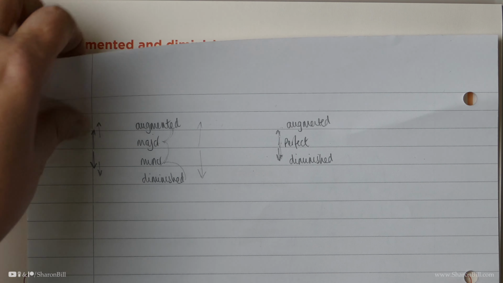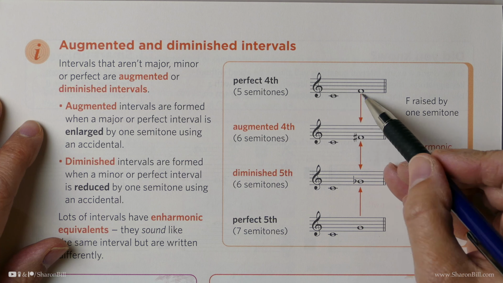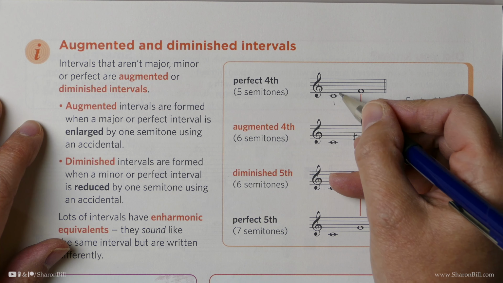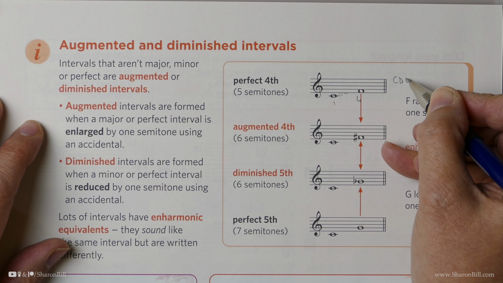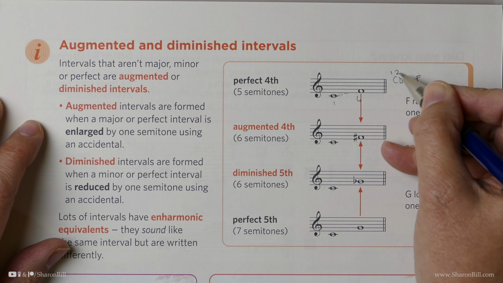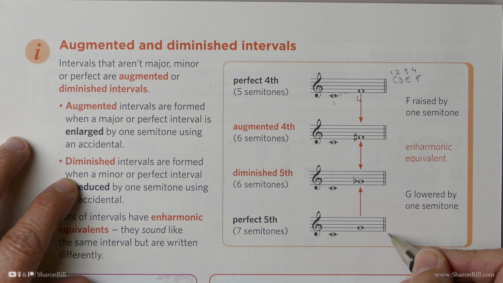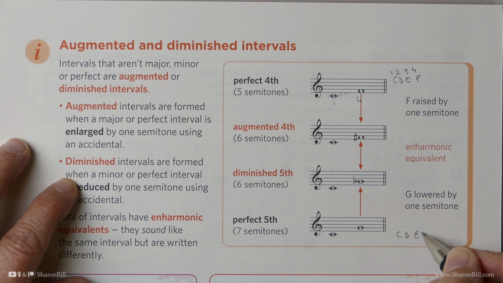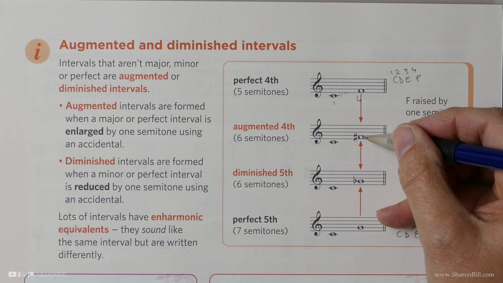It's really interesting to just look at that. And this is where you need to be careful because, for example, C to F is a 1, 2, 3, 4. C, D, E, F is a 1, 2, 3, 4. C to G anything is a fifth. C, D, E, F, G. 1, 2, 3, 4, 5. However, C to F sharp